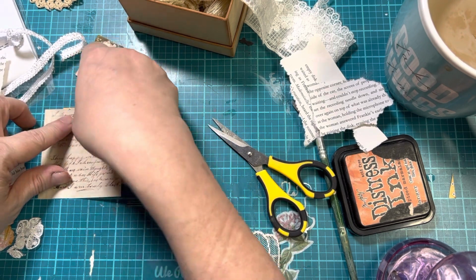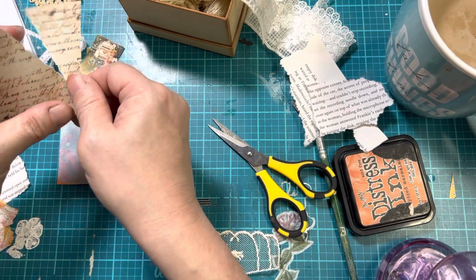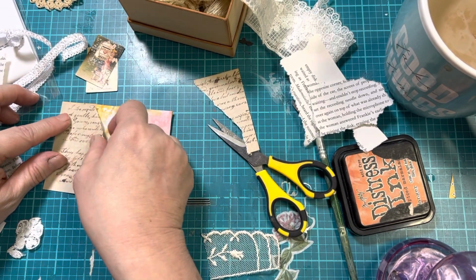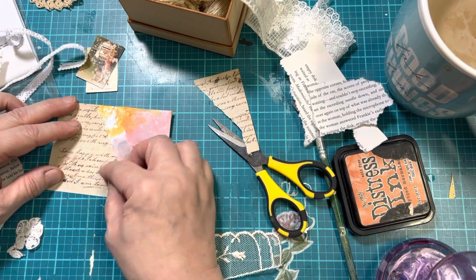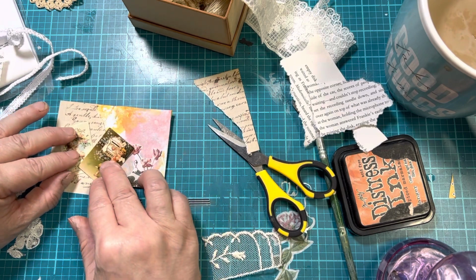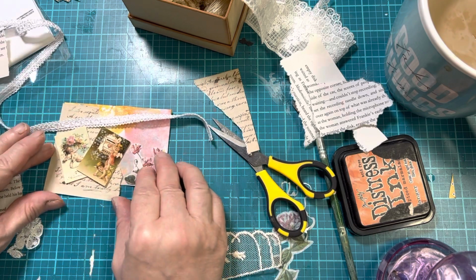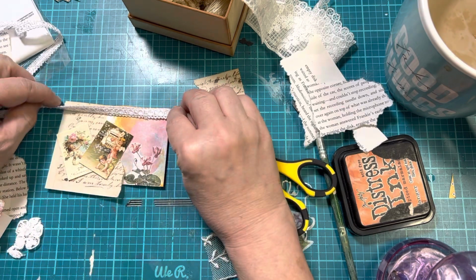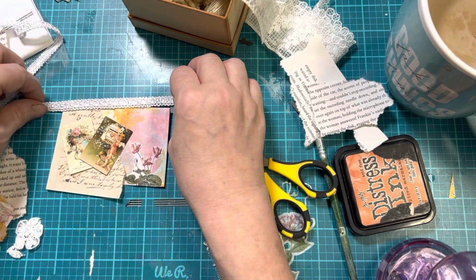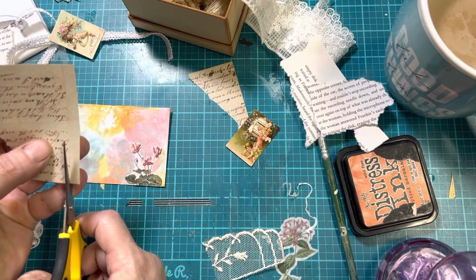So I just want this to go just kind of like this down the page. I'm going to cut that because it's at the edge. So if I put that there, these guys here, and some white lace across the top, I think that's pretty. Then we do have an empty space here. I could put a little something something there. So I am going to take off this edge because I know I don't want to